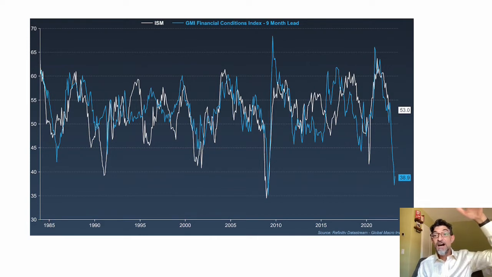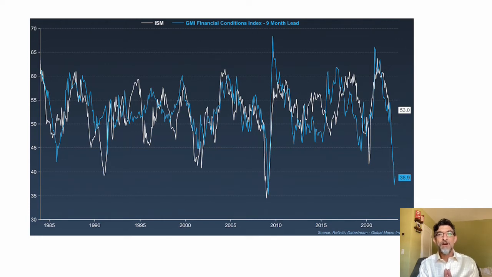It was high because of all the stimulus, the over-stimulus from the Federal Reserve beginning in March, April 2020. So we went from declining liquidity to a really rapid increase to a state of over liquidity in 2020 and 2021. And now we're declining at a rapid rate. According to this financial conditions chart, because all the charts are different, we're at the worst liquidity since the 2008 crisis. But I've seen other charts of liquidity that show that global liquidity is even worse.